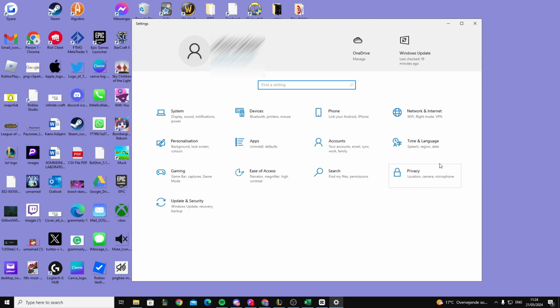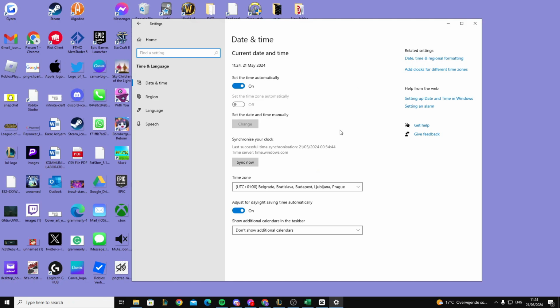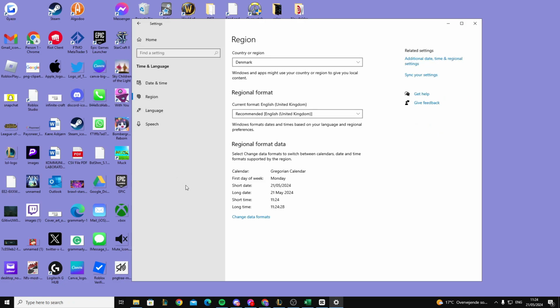From in here, you're going to select Time and Language. Now, once you're in here, on the left-hand side, you will see a button that says Region. You're going to click on this. From in here, you can see your country, your format, and down here where it says Change Data Formats, click